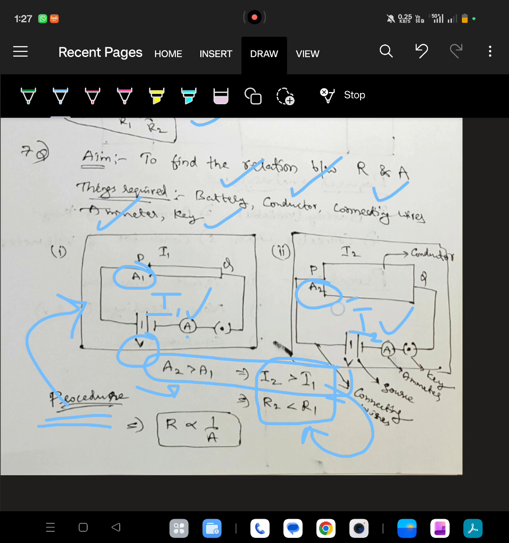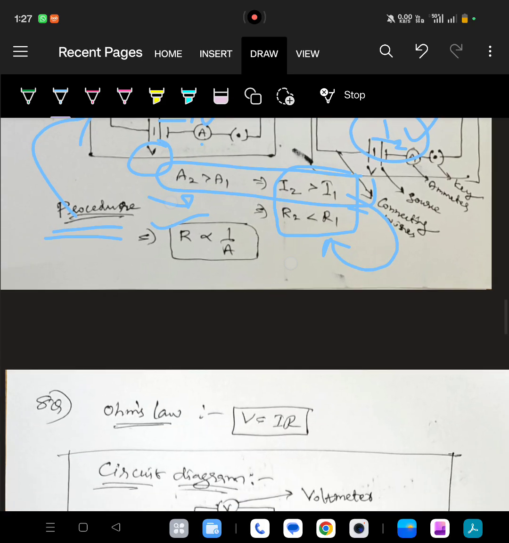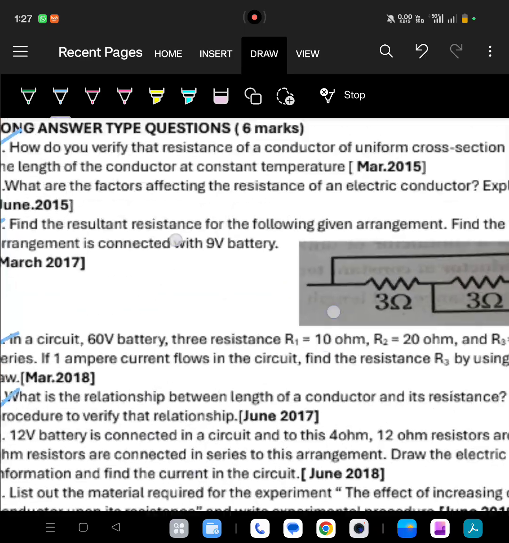More current is flowing means it offers less resistance. Less current is flowing means it offers more resistance. That's why R1 resistance is more when compared to R2 resistance. So R2 is less than R1, I got. So it is inversely proportional. This is the conclusion for the experiment. Next,